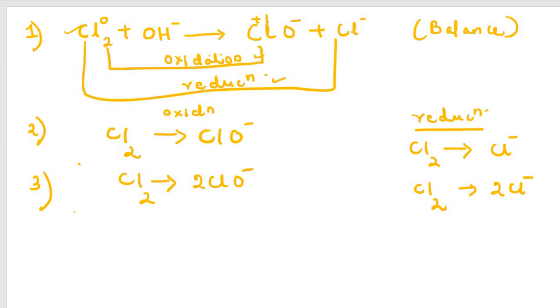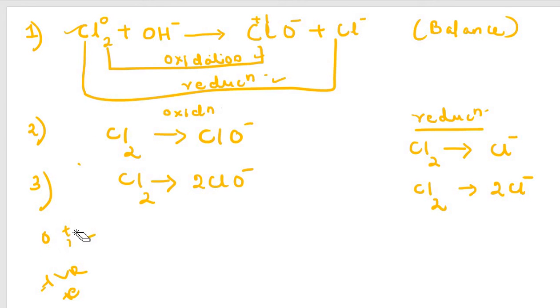Now moving on to our fourth step. Before moving to the fourth step, we have to balance the number of electrons, the negative charges. You have to remember one thing: from 0 to +1 is oxidation, where electrons are lost. And if 0 to -1 is there, it is a reduction. Reduction means one electron is being added to the given species.